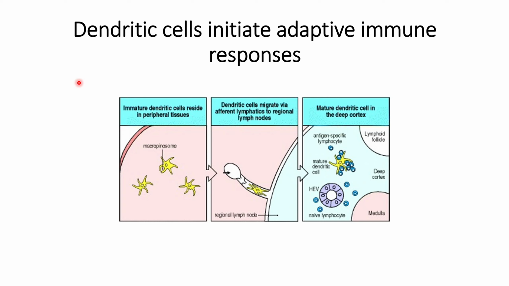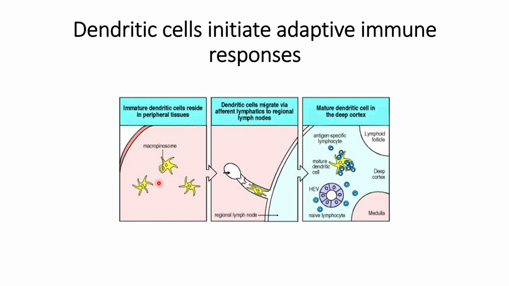In this video, we will discuss how the dendritic cell initiates the adaptive immune response, and another thing that we will discuss is inflammation. So let us start with the dendritic cells. In infected tissue, the dendritic cells take up the antigen of the pathogen with the help of macropinosome,